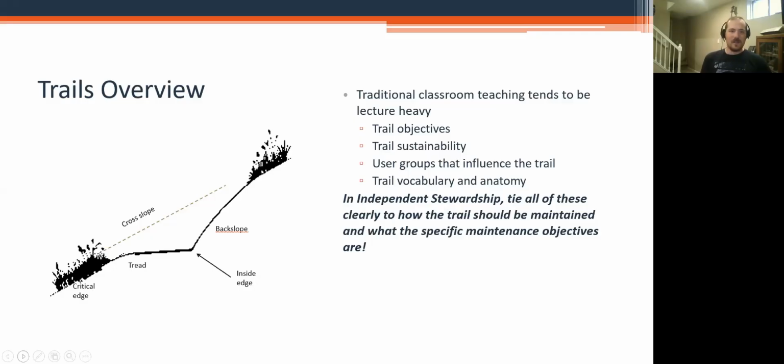So they may not always have somebody to lean on that can say, do this, don't do that. And so at least for the start in the beginner class, having a very clear set of objectives, here's what you can do on your own, is pretty important. And that's why tying all this together with what the maintenance objectives are on this specific trail or system of trails that we'll be working on is important.